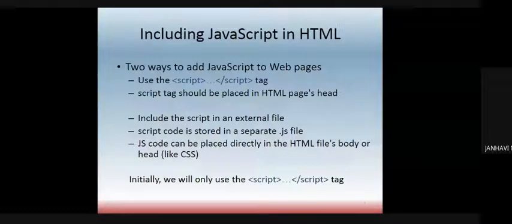One is you use the script tag, and ideally we should include this script tag into your HTML page head, though we can include it also after the head. And the second way is to include the script in an external file. That is, we use JSON files, where the key value pairs we used to save into a pure JSON file with the extension .json. In the same way, whatever comes inside the script tag can also be written into a separate file.